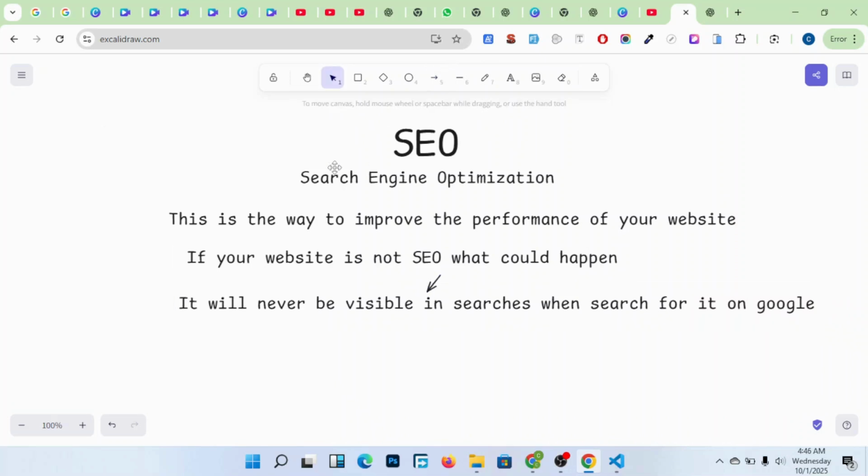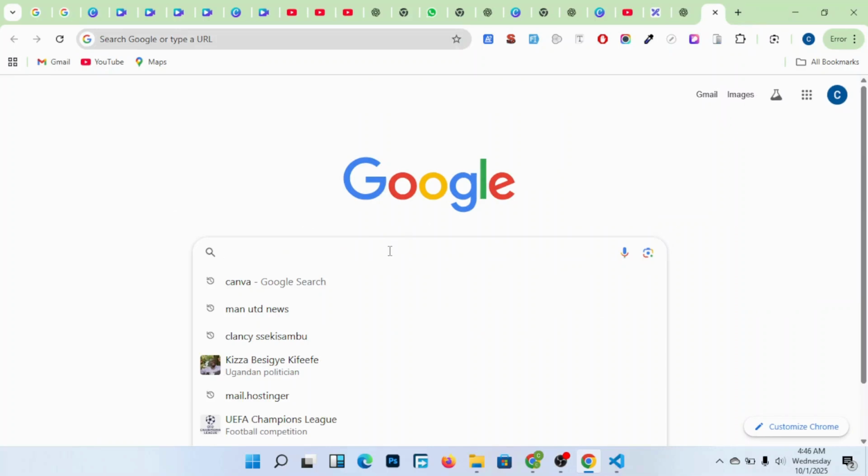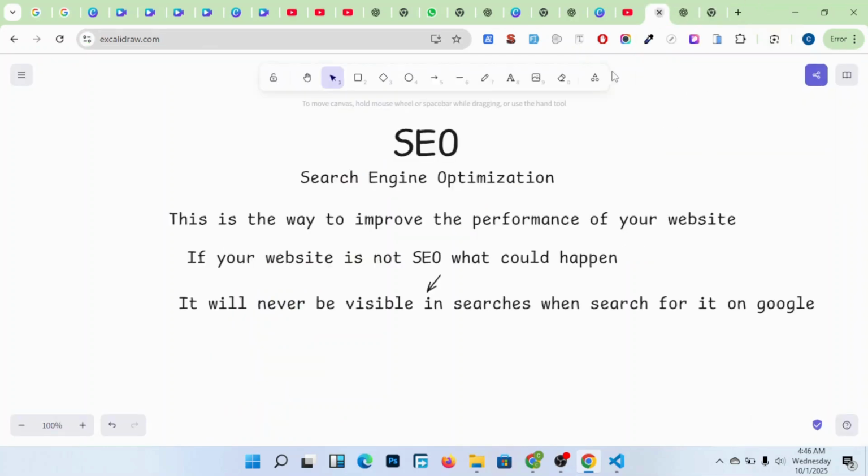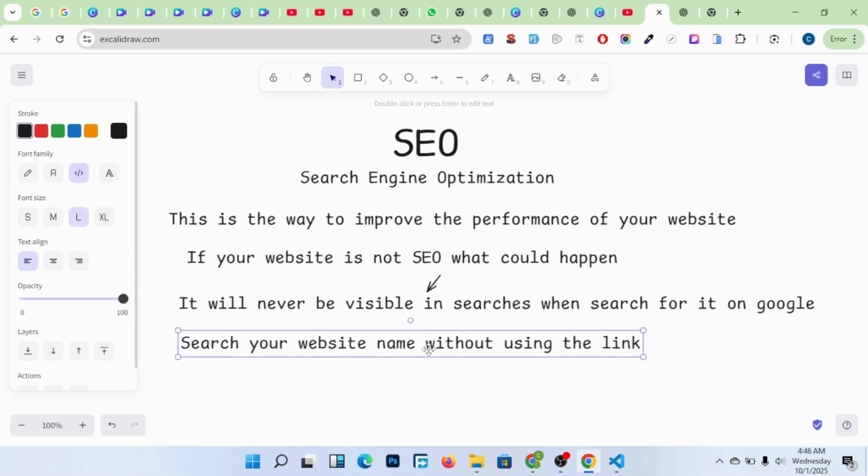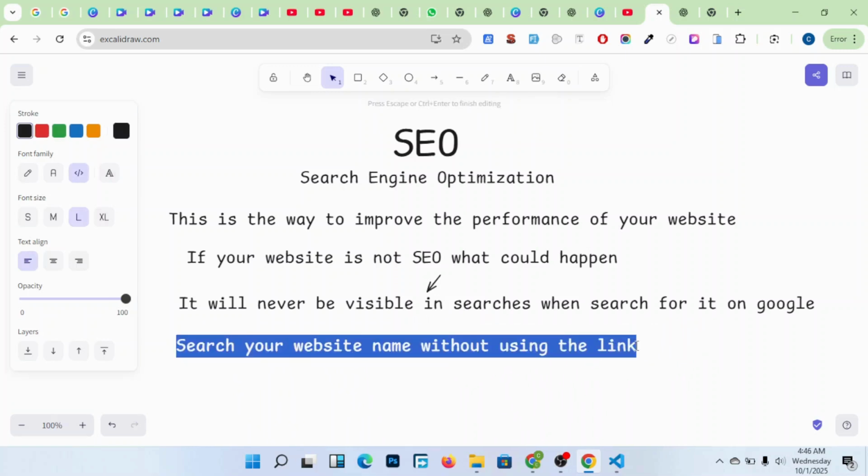When you go on Google and you search your website, for example, you search your website name without typing in the link, without using the link, it will never be visible.